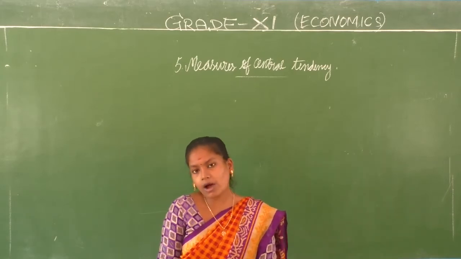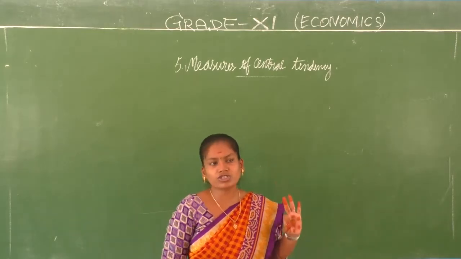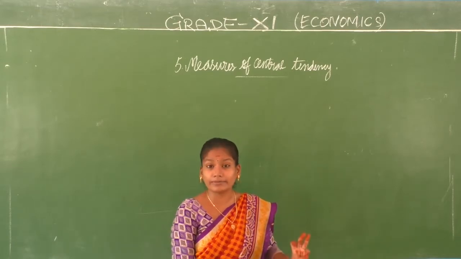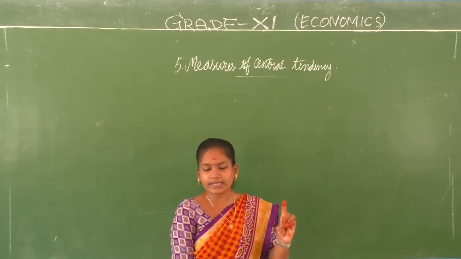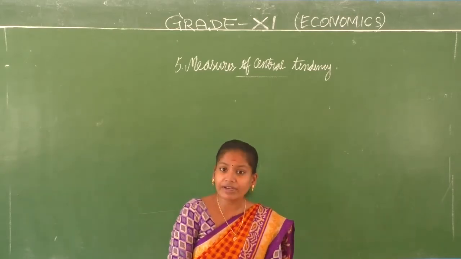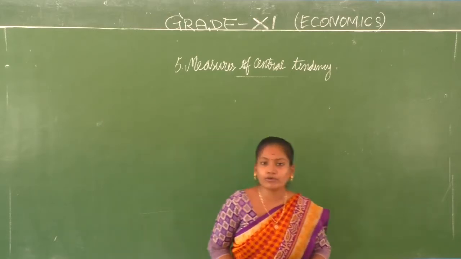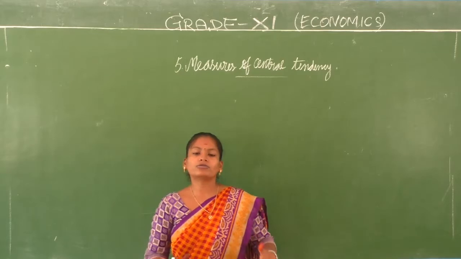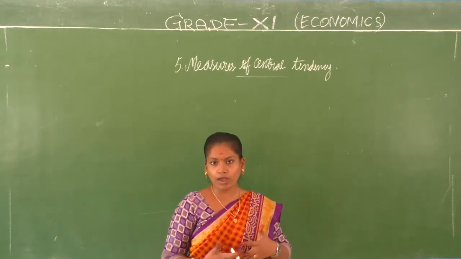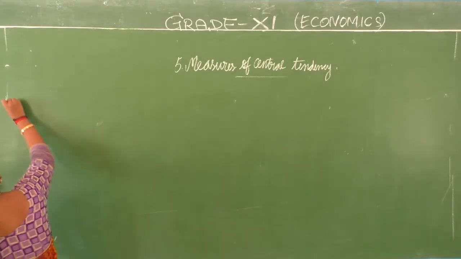So we are talking about the measures of central tendency, where we are discussing at present three important measures: arithmetic mean, median and mode. What are the three, children? Arithmetic mean, median, mode. Other than that, we actually have weighted arithmetic mean and harmonic mean, but we are not talking about that right now. We are deeply into arithmetic mean, median, mode. Right, children?